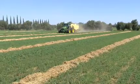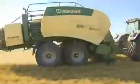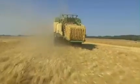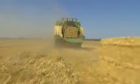At slow or fast forward speeds, in high or low yielding crops, in large or narrow swathes, the variable VFS filling system ensures the bale chamber is always filled to capacity and leads to consistently dense bales. Inside the BiG high-speed feed chamber, 4 packer rakes and 1 feeder rake feed the material into the baling